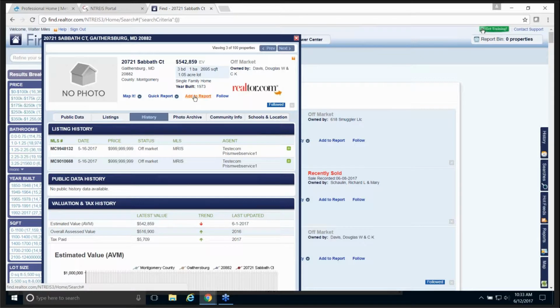Okay? The add to report. What in the world is this? If you look right here in the top right hand corner, it says report bin. If you click on add to report, it's putting it in that report bin. See how it has one property up here? If I click on that report bin,